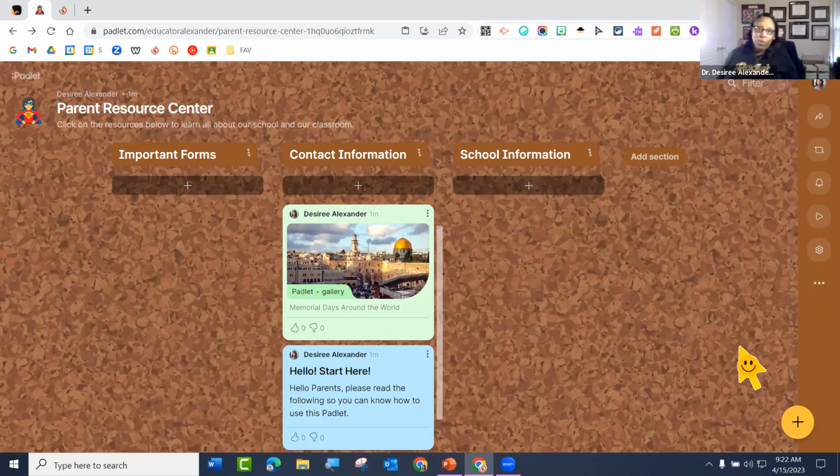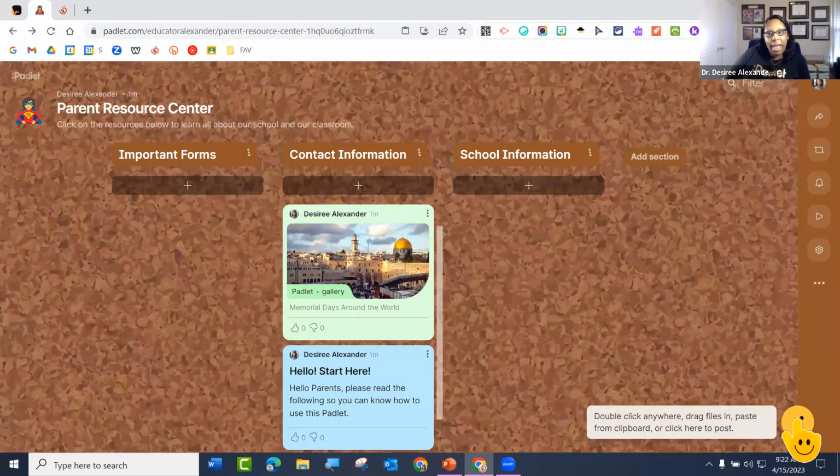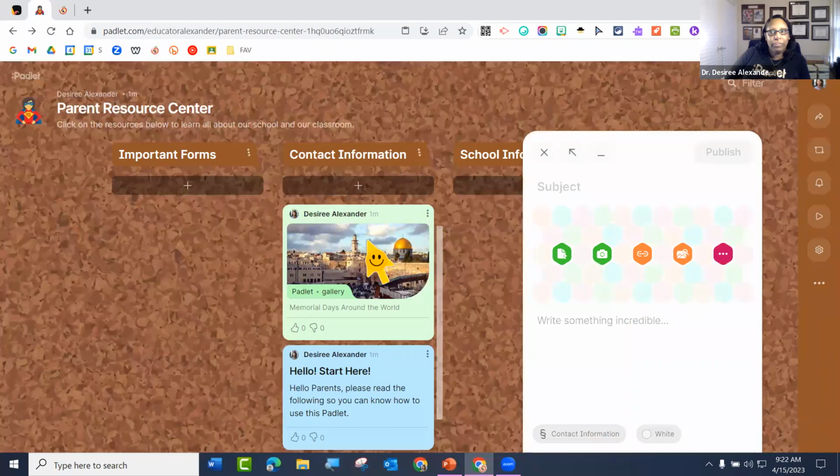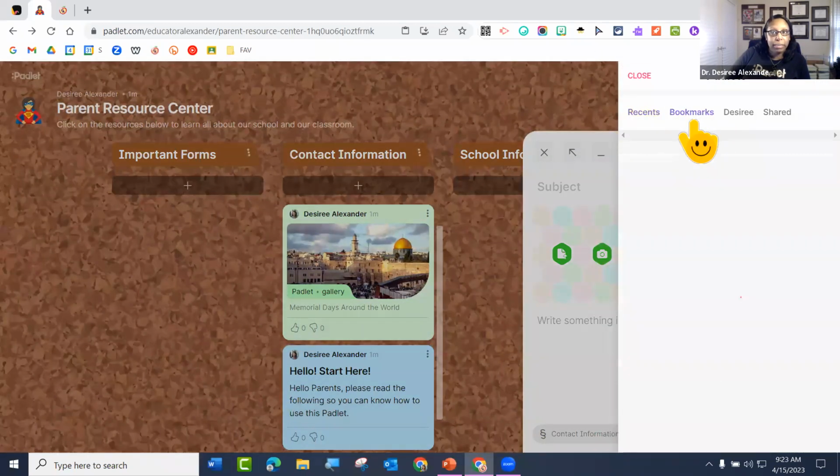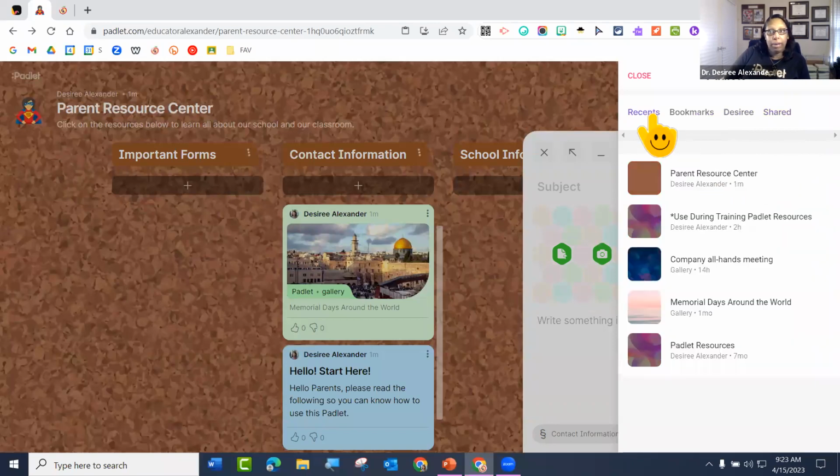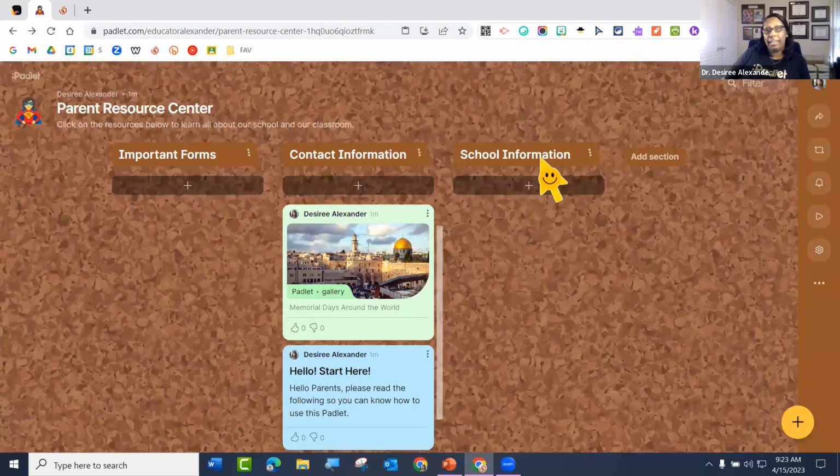What? Right? So you can add your Padlets. And notice these are the Padlets. This was recent, bookmarked, all Desiree's Padlets, and all the Padlets shared with me. So I can add the Padlets here. So if there's a Padlet in the gallery that I really wanted to add, bookmark it. Or open it, it'll be under recents. Just open it up. It's going to be under recent. And now you can add it or bookmark it and it'll be under your bookmarked Padlets.